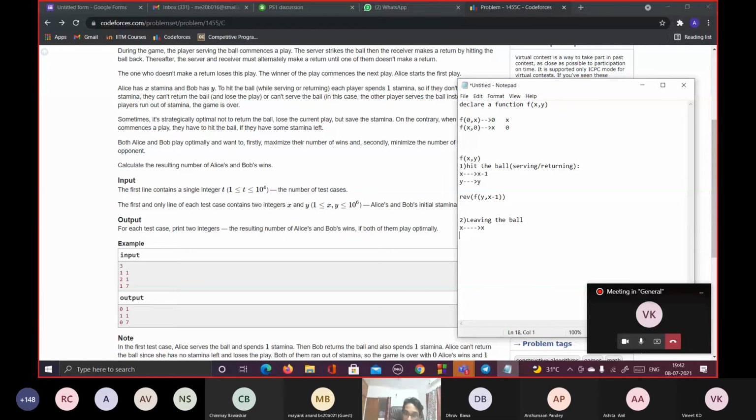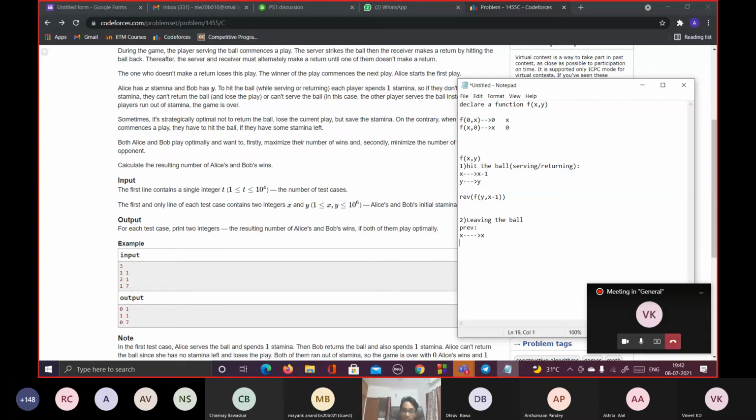So it must have had some contact on the other side of the court. So his stamina, the opponent's stamina, this is what is happening previously actually. See, this is a previous case.